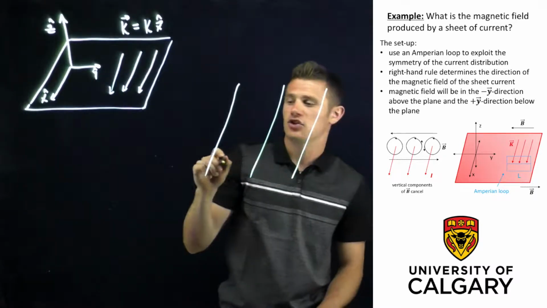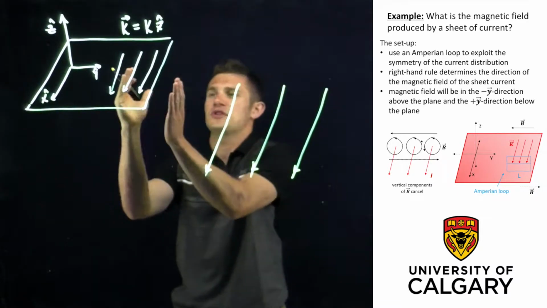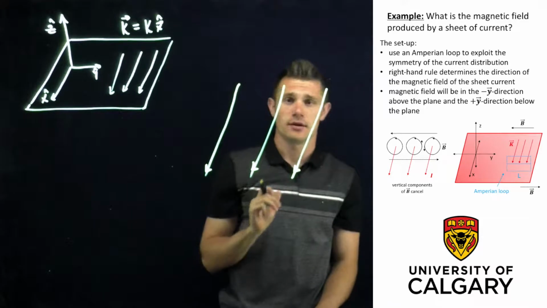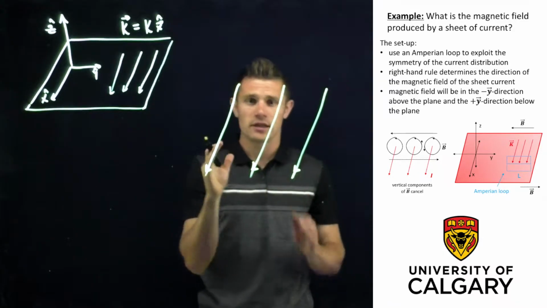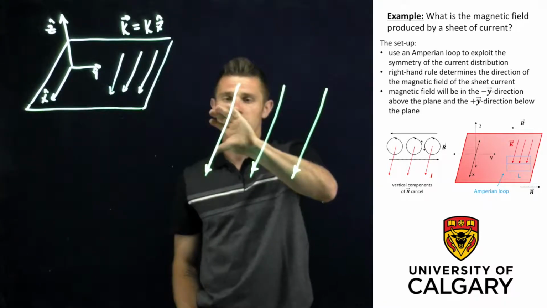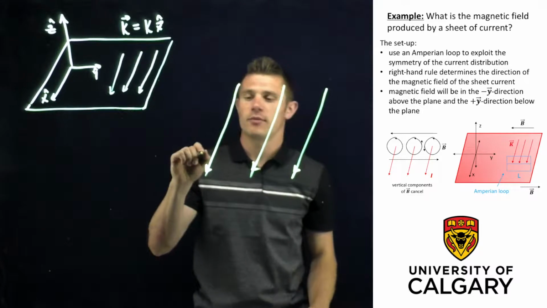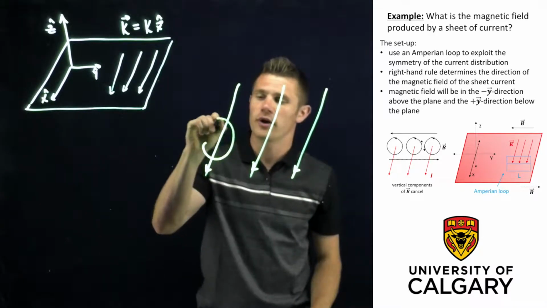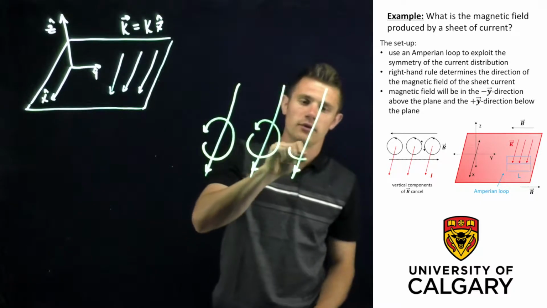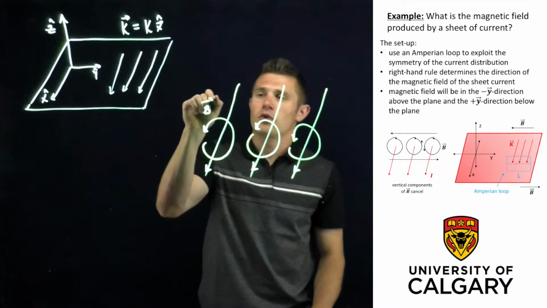And instead of having a sheet of current, we're going to essentially break up the sheet into, in this case, 3 infinitely long lines of current. And the individual right-hand rule for each line says that we'll put our thumb in the direction of the current and we'll curl around the line of current to find the magnetic field. So the magnetic field will actually curl around like so. We'll do it this way as well for all 3. And so we have the magnetic field curling around